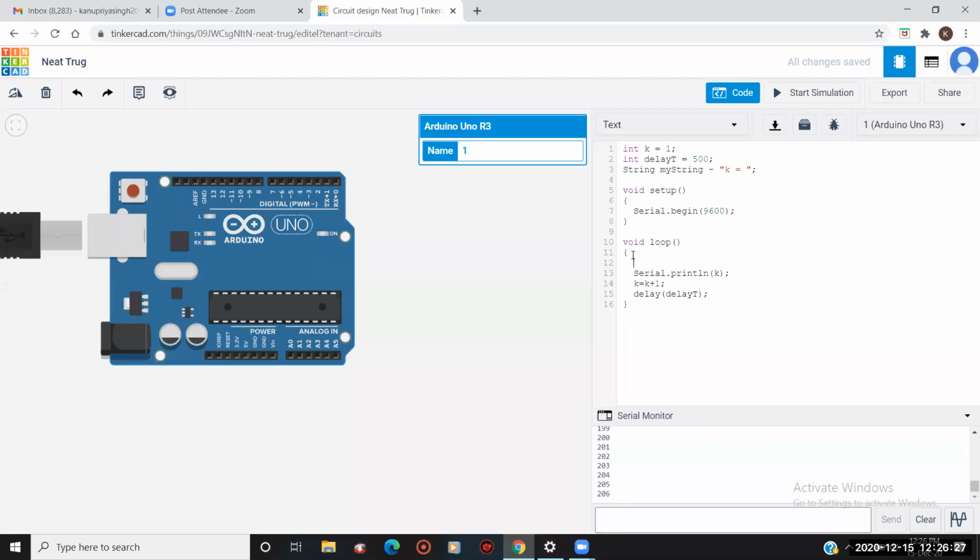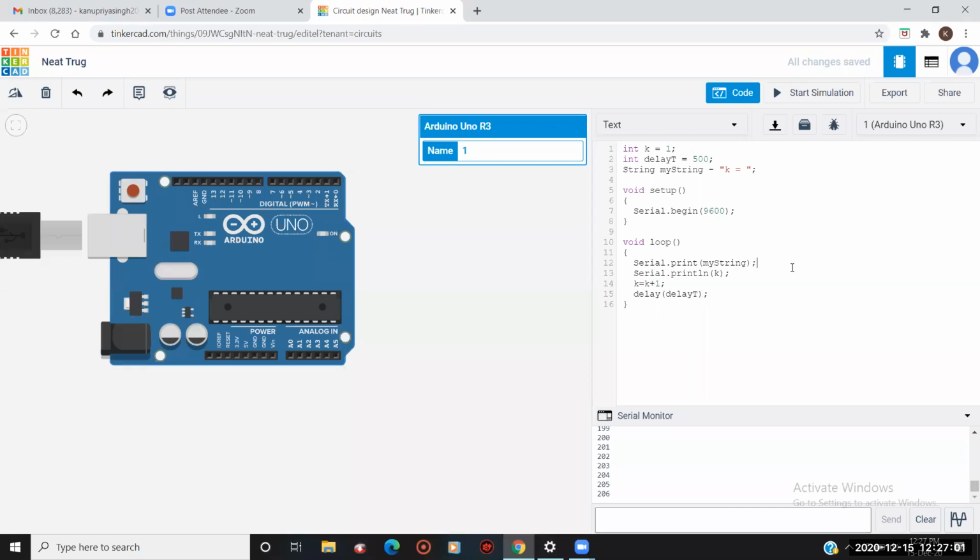It will be Serial.print, and in brackets I have to give the name of the variable. What is the name of the variable? I have given the name, that is my string. After that, just put your semicolon here. So the code is ready.